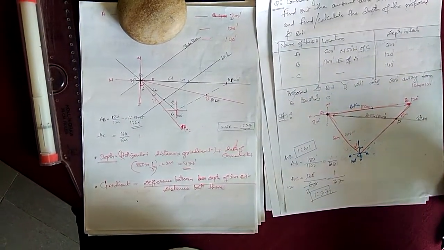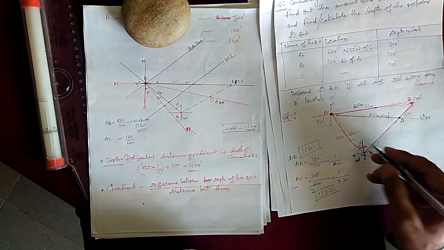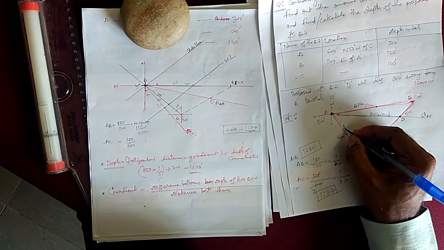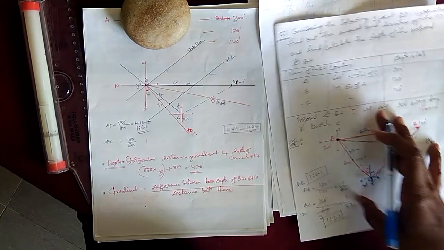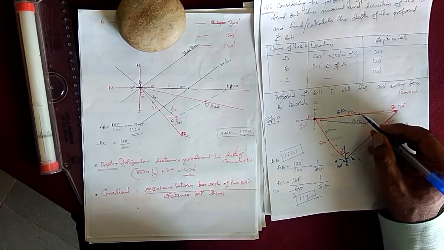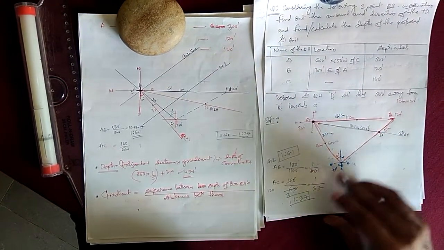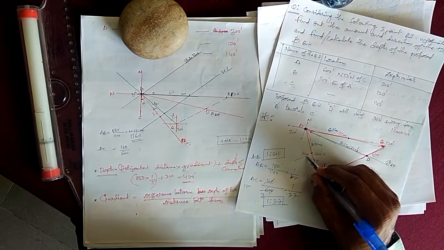And next I have to take the point here. On this line I have to mark somewhere, it is here. It is 3.7 centimeters from A. This is one point and this is another point we have already marked after calculating the gradient. So next, what you require to do is join these two points.